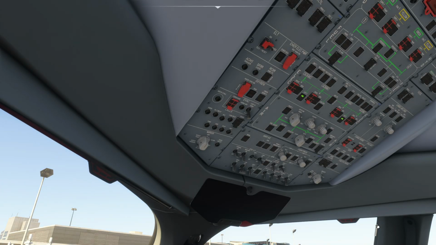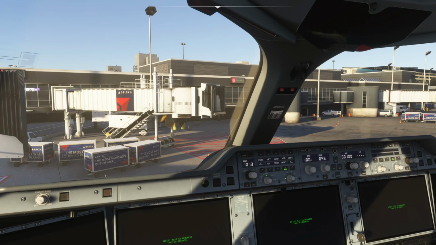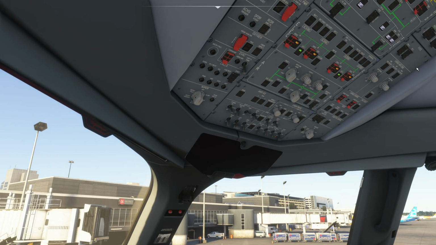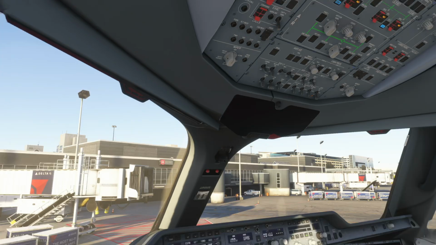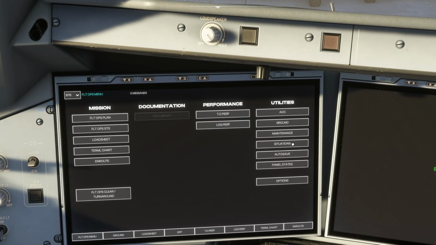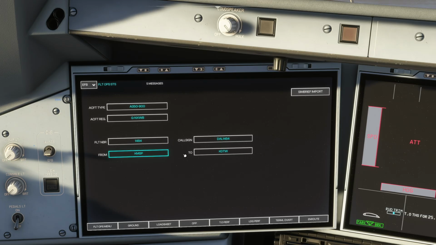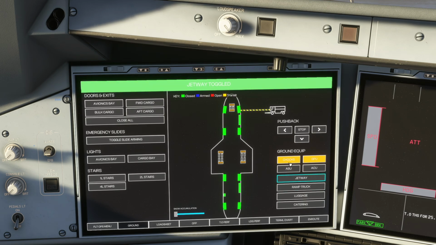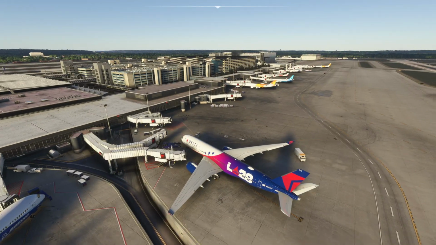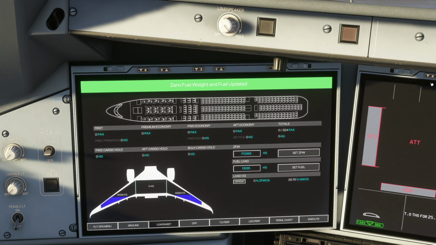So batteries can come on. Screens are coming on, so then we can do external power. Cool, which gives us OIS. So, Minneapolis to Detroit. We will get a jetway. Like so. Let's load the...